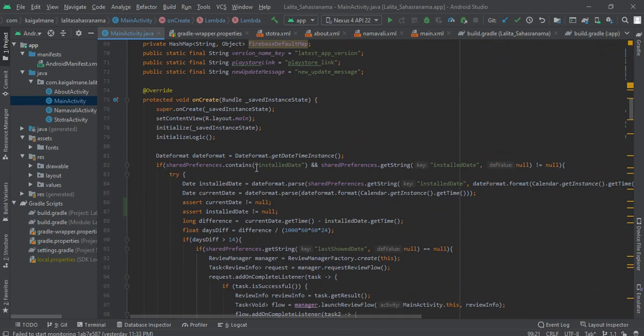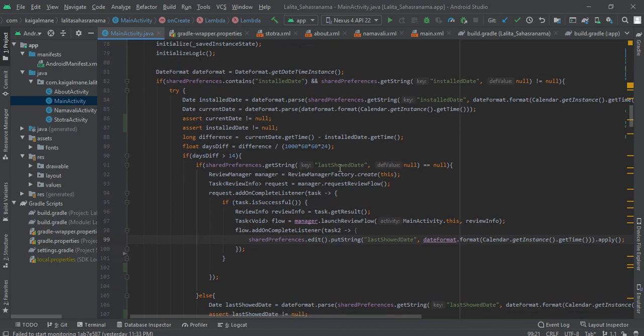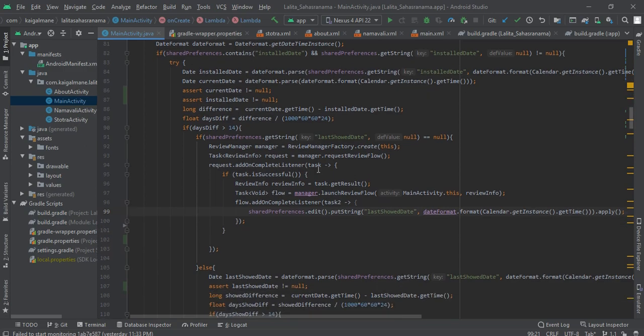And if the install date is already present, that means the user is using the app, and we are just checking if it's been more than 14 days. And if it is more than 14 days, we are checking for last showed date. If the last showed date is null, that means he is using the app, but the review pop-up was not shown yet. So we are finally calling the review API.